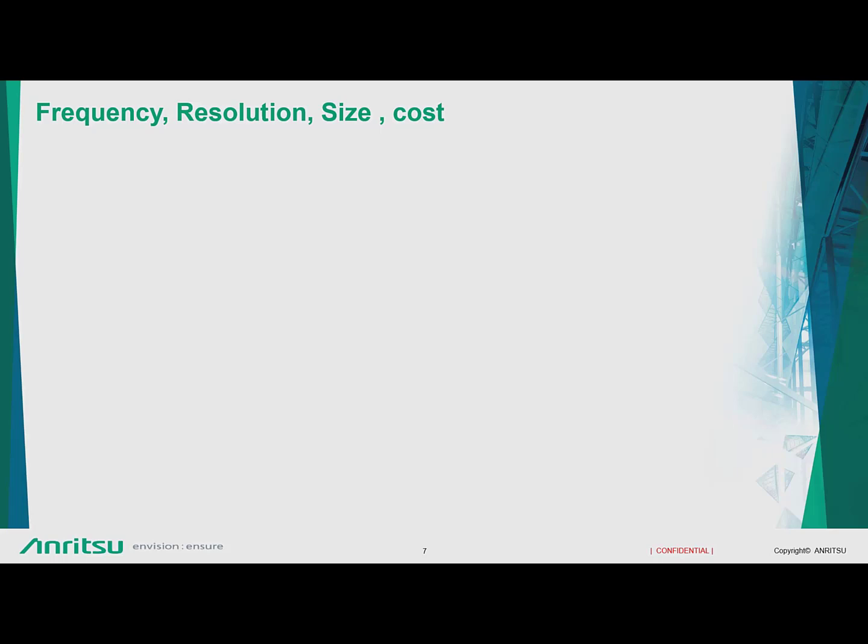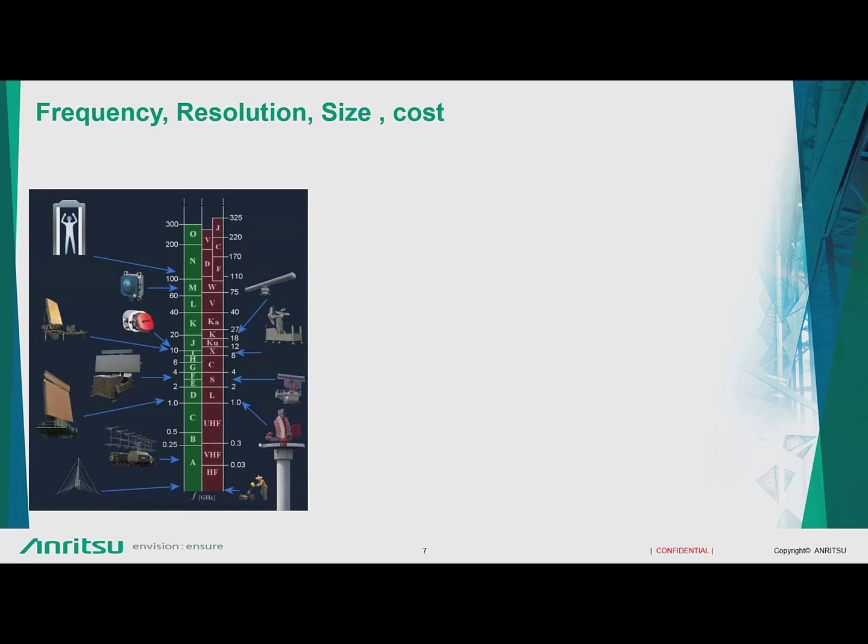Which one should I make so that I can do my application well? So radars come in different bands. In today's world, radars have reached frequencies of say 110 gigahertz and even beyond. There are some applications which are going on, but to keep things short,